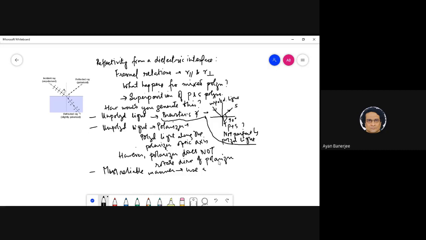You guys are always thinking theoretically here. Circular polarized light you can write in terms of S and P, but it is not S or P. The electric field vector is rotating. How is that S or P? You can break it down into components, but that does not mean you actually have linearly polarized light existing. The way we understand it is like that, but circularly polarized light gives you an electric field which is rotating. So what kind of wave plate will you use?